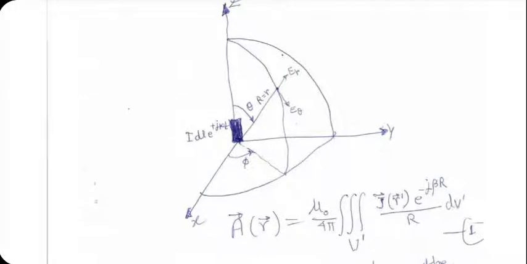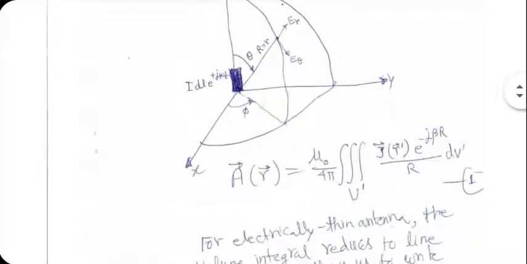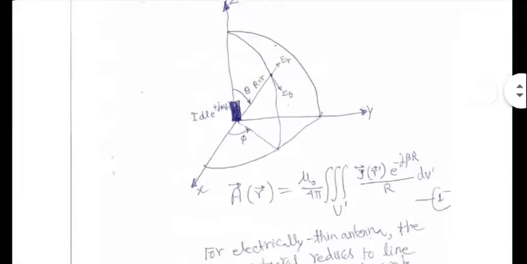Okay. The formula to use for capital A is this, because we have got e to the power plus j omega t type of time dependence. And you are supposed to use a volume integral to calculate the total A. Fortunately, in this case, the cross-section is negligible in dimensions. So the volume integral reduces to a line integral.